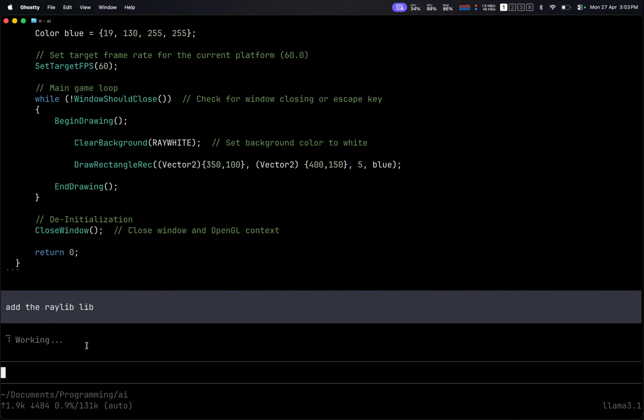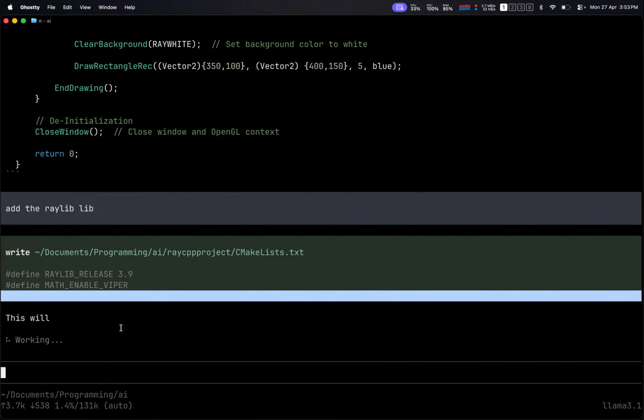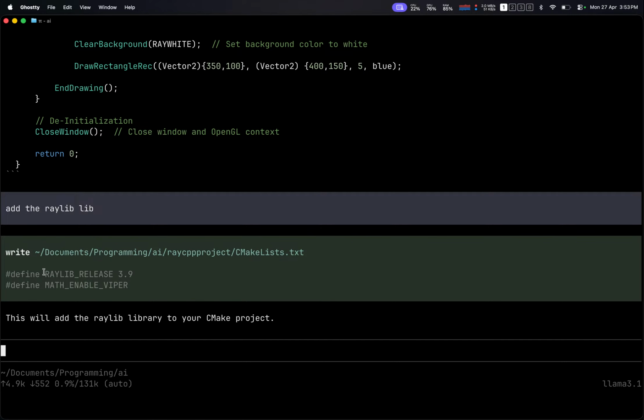Okay, this should add the library rewrite. Cool. Okay, CMakeLists.txt, added this, define this as 3.5 and define this thing. It will add, okay,